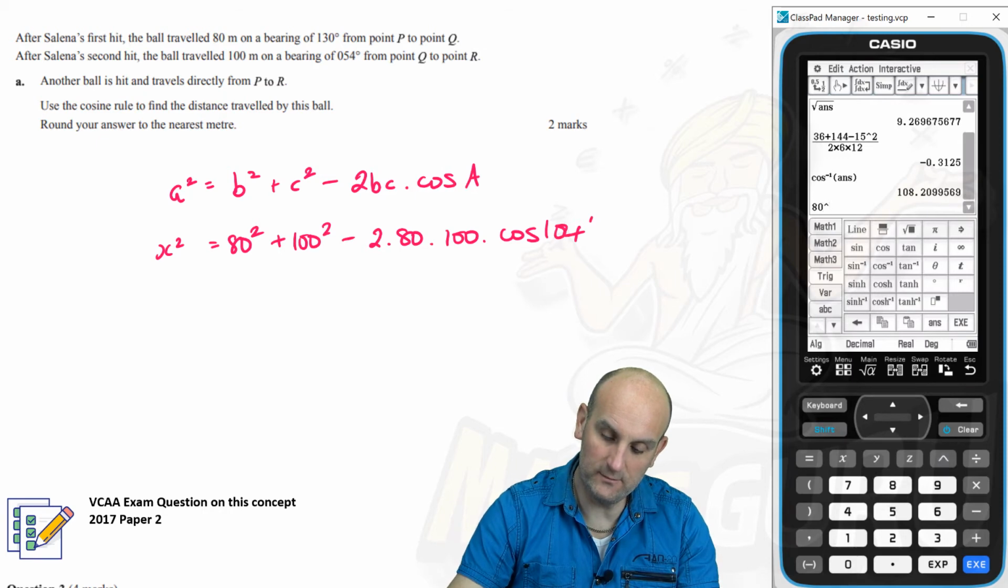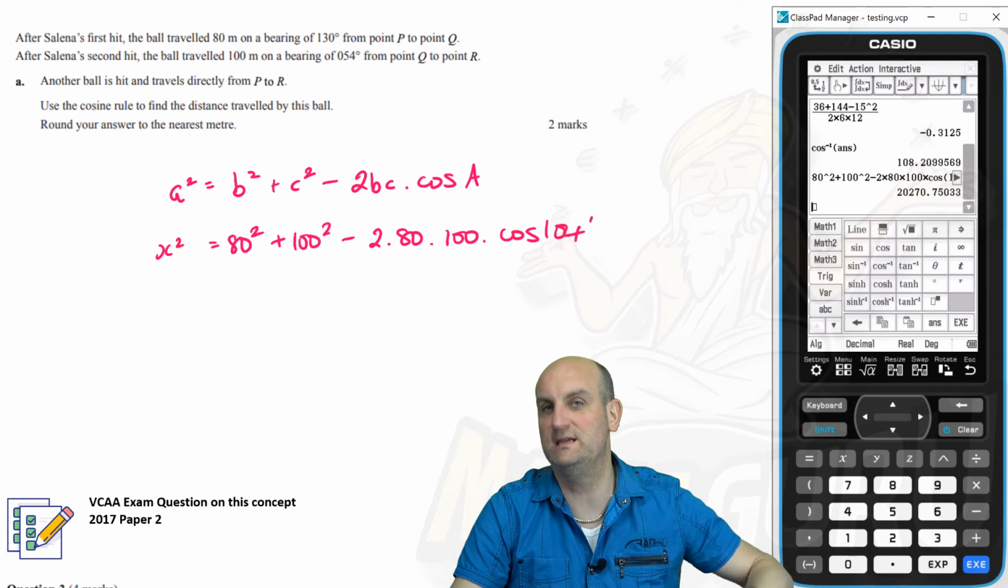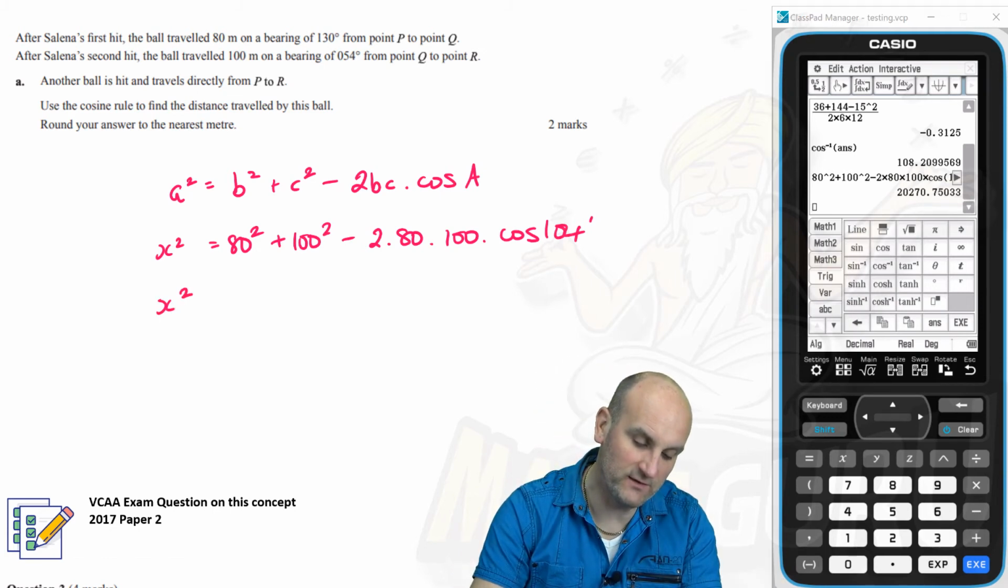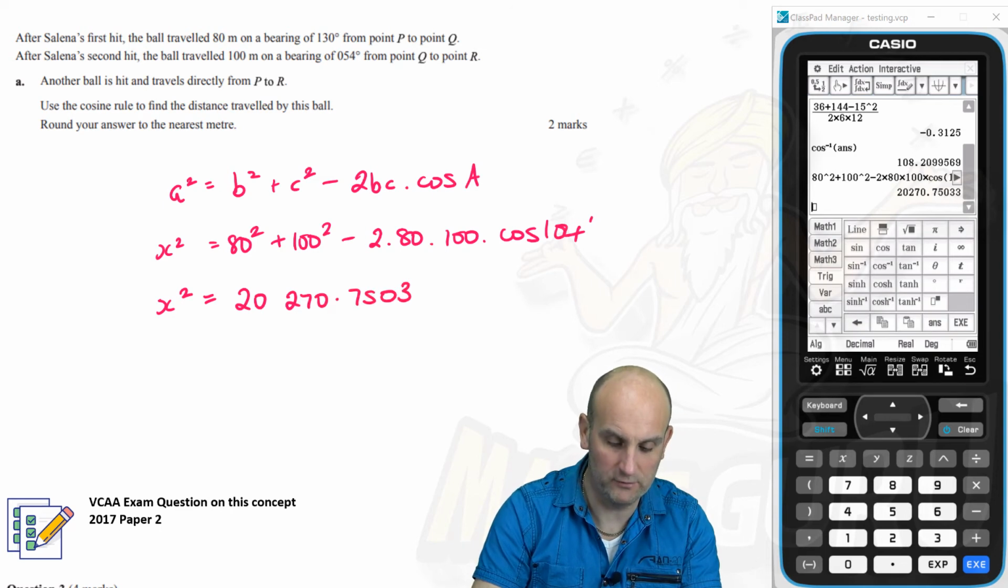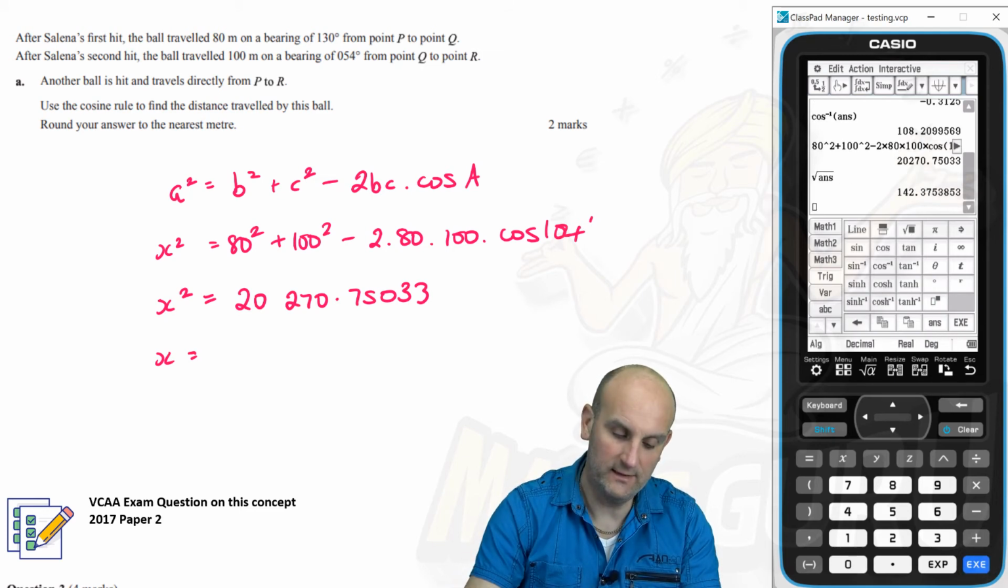80 squared, I could do in my head, but I'm not going to, plus 100 squared, I could do it in my head, but I'm not going to, don't want to make a mistake, minus 2 times 80 times 100, and we're going to multiply that by the cosine of 104 degrees. Hit enter, and 20,270 is not the right answer because that's my value of x squared, 20,270.75033, and so x is going to be the square root of that. So we do the square root of my answer and press execute, and that gives me